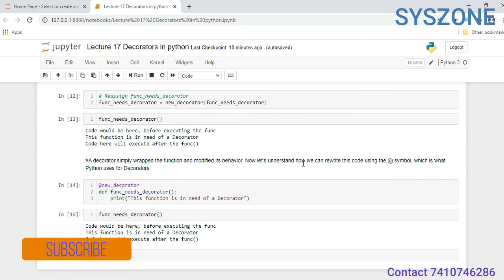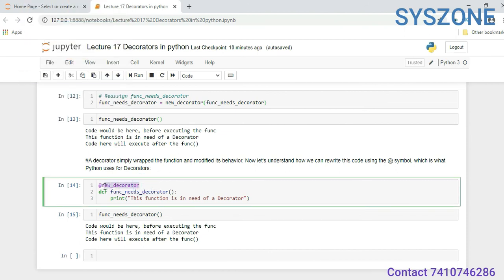Now let's understand how we can rewrite this code using the @ symbol, which is what Python uses for decorators. So here is the main decorator. The above part we just explained for understanding purposes. In Python we create a decorator by using the @ symbol, and here you can provide your function name, your decorator name, whatever you call it.